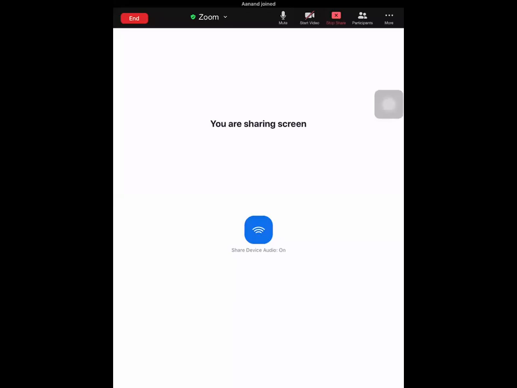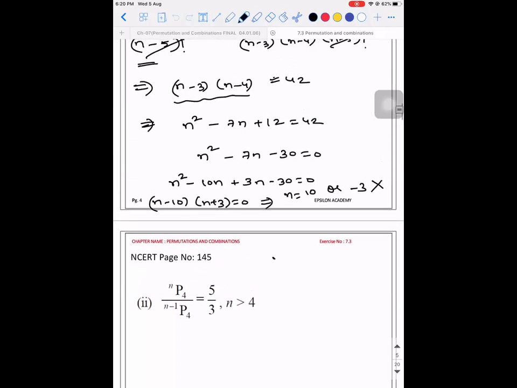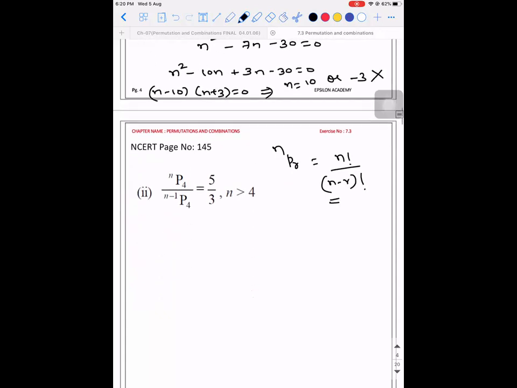We'll get started. Yesterday we were discussing permutations. In the permutations part, we saw the formula for nPr. For a quick recap, what is the formula for nPr? It is n factorial divided by (n minus r) factorial, where from n distinct objects you need to arrange r objects in r blank spaces. So that is nPr. We know this, right?